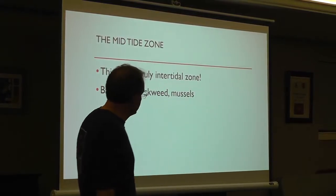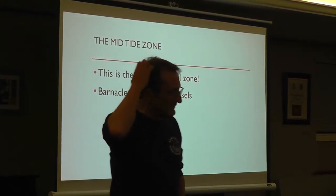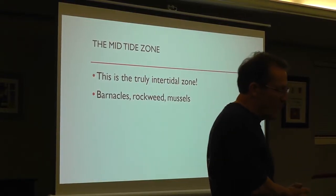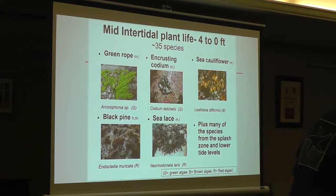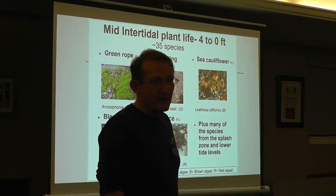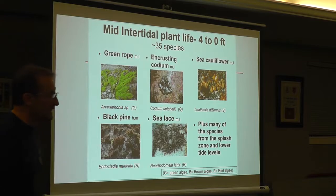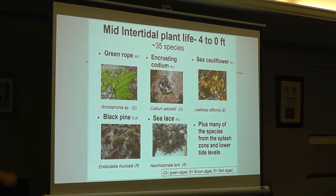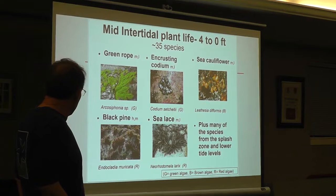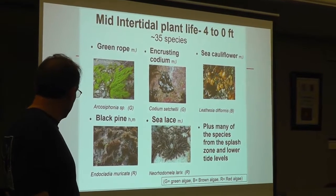And the mid-tide zone is what I think of as the true intertidal zone. You've got barnacles, rockweed, mussels, and more. And let's take a look at some of the species. There's at least 35 species of plants that grow around our intertidal zone, or I should say algae. There's green rope, there's sea cauliflower, and black pine, and it looks nothing like pine, and sea lace that isn't really lacy. And anyway,